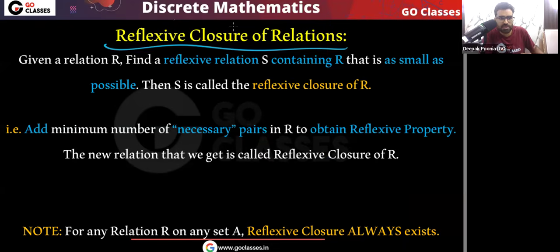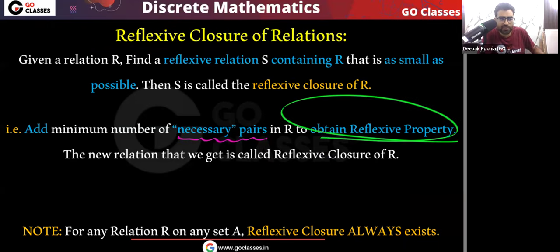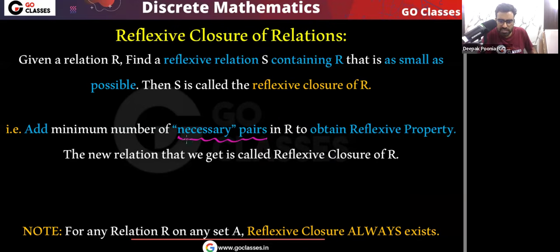Okay. Now, how do we find the reflexive closure? You will add only the necessary pairs in R. What are the necessary pairs to bring the reflexive property? Can anyone tell me? To obtain the reflexive property, what are the necessary pairs that I must add in R? These necessary pairs are the reflexive pairs, yes or no? These are all the reflexive pairs